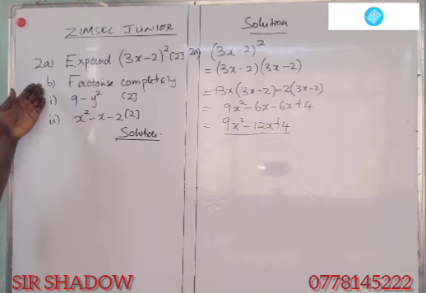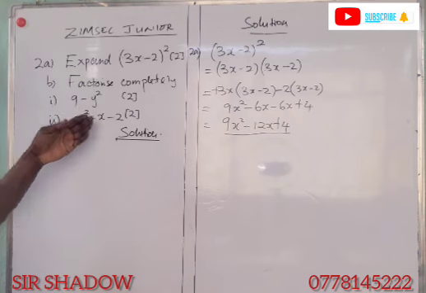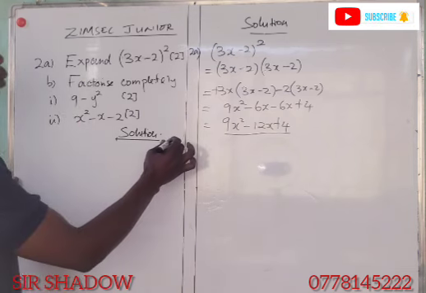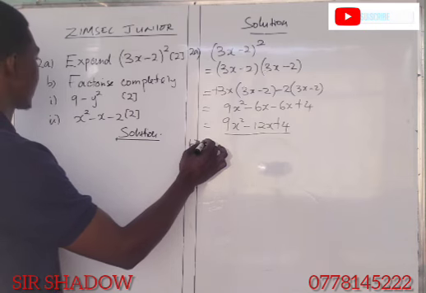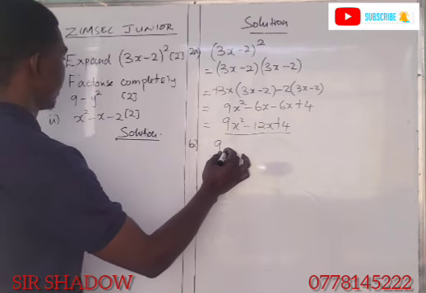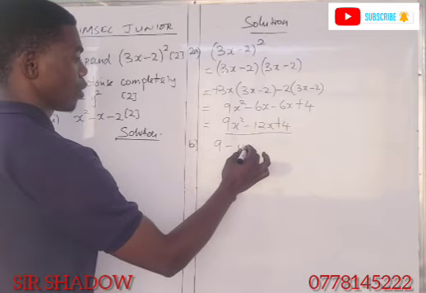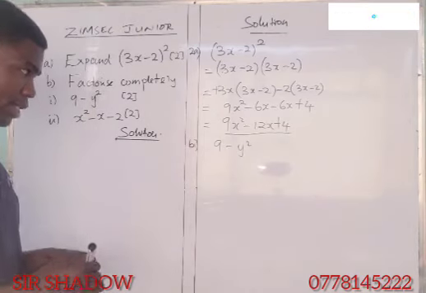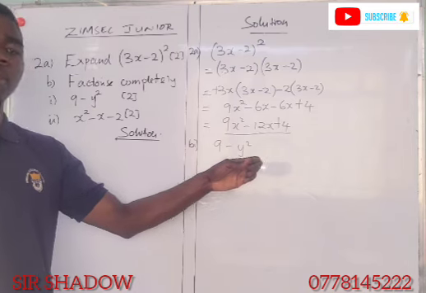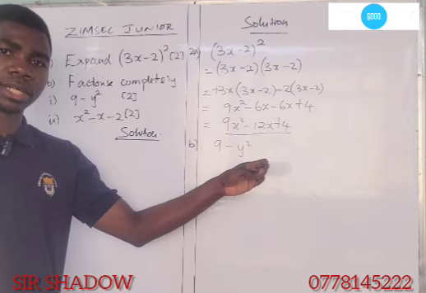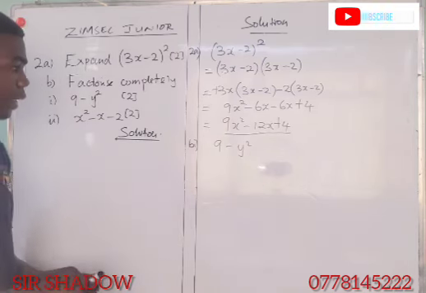Let's move on. Part B. We are asked to factorize completely 9 minus y squared, right? We are asked to factorize 9 minus y squared. So for us to factorize 9 minus y squared, then we are saying